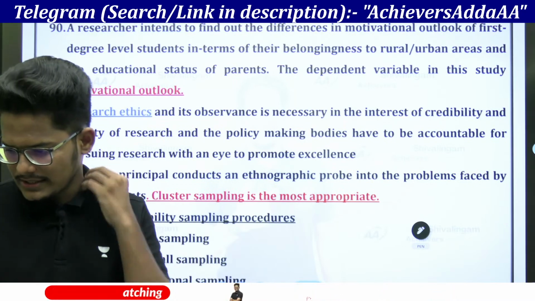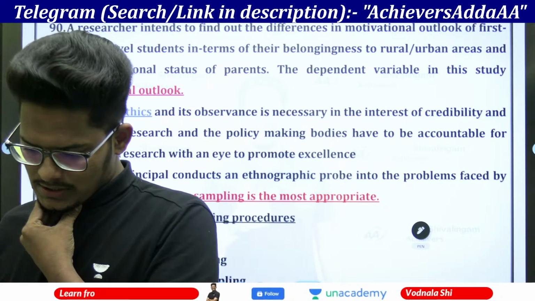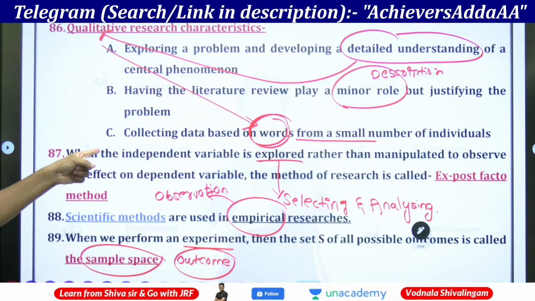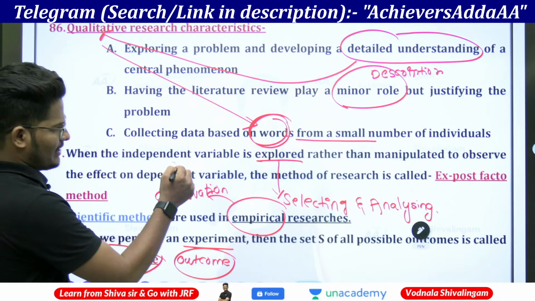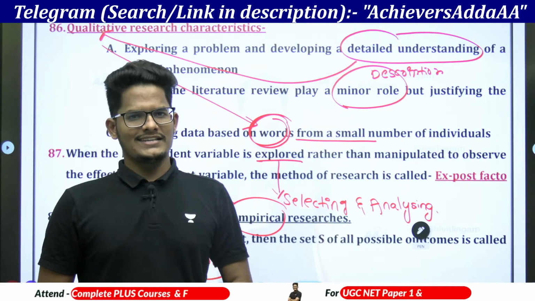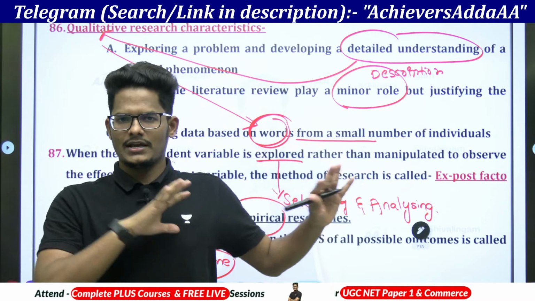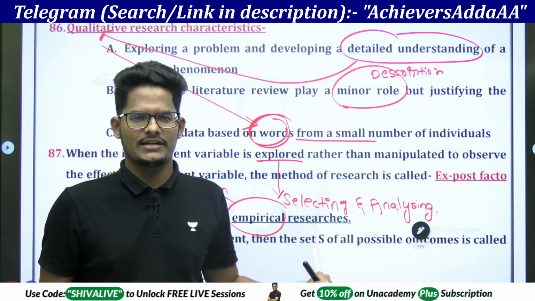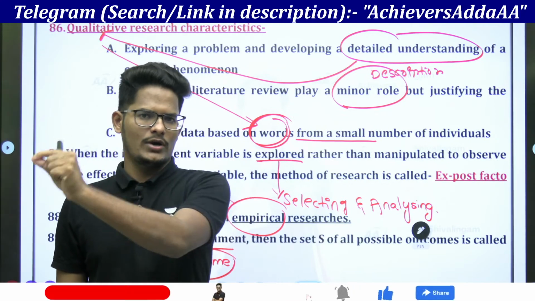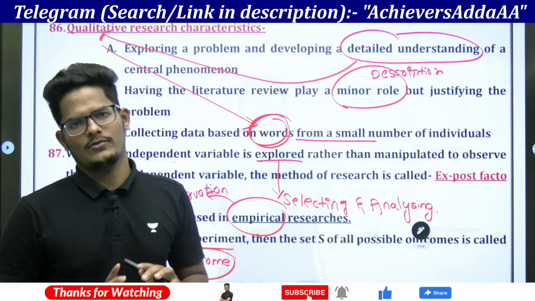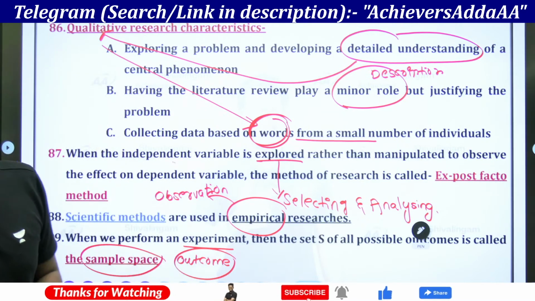Next, even historical research: historical research is not suitable here. Why? We are not going to have any independent variable manipulation or selection. In history, we can describe things. We cannot introduce any variables, and we will not have a hypothesis either. That is why. When there are no variables, no hypothesis. And when there are variables and the event has already happened, it is ex post facto. It cannot be historical.